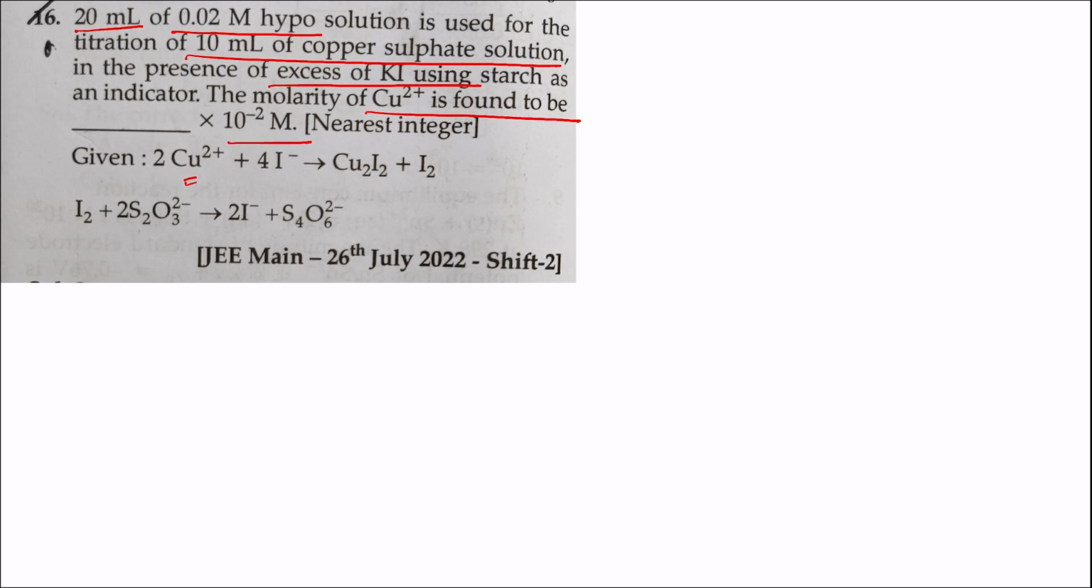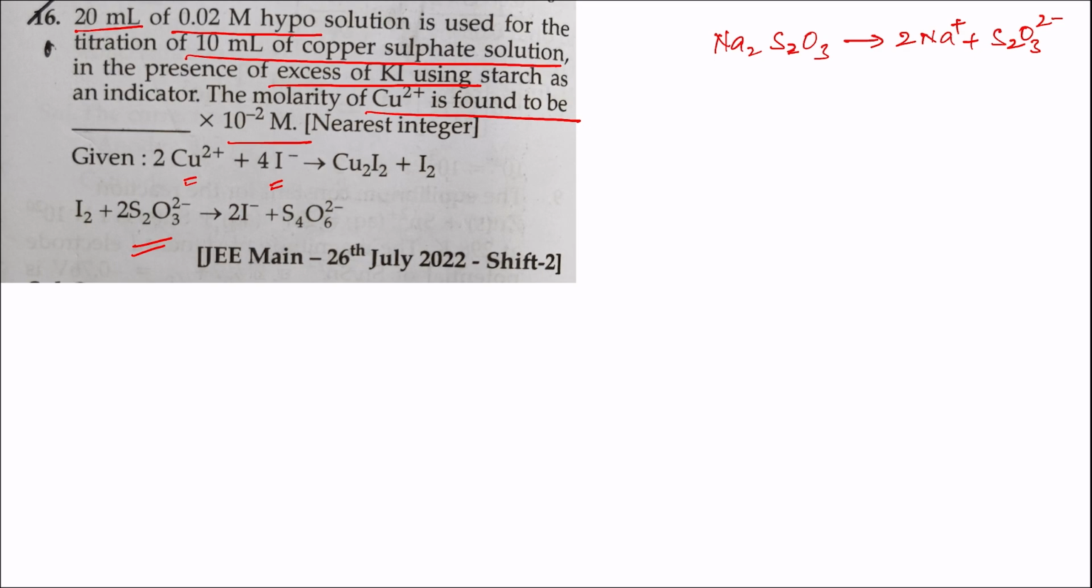Cu2+ ions are coming from copper sulphate, I minus from KI, S2O3 2 minus from hypo. Formula for hypo is Na2S2O3, and this ionizes as 2Na+ and S2O3 2 minus. Now, as can be seen from the balanced ionic reaction, 2 moles of Cu2+ ions react